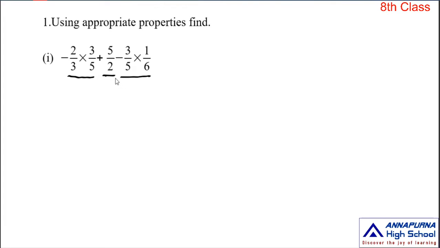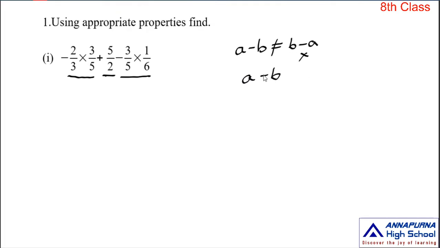Okay, that's the most important. And when you apply the properties in this numerical expression, you move the terms along with the sign. That is also most important. Why? Because in some cases when you interchange the terms from one place to another, for example, if the expression is a minus b, when you interchange b and a, it becomes b minus a. But as per the properties, a minus b is not equal to b minus a. This is wrong.